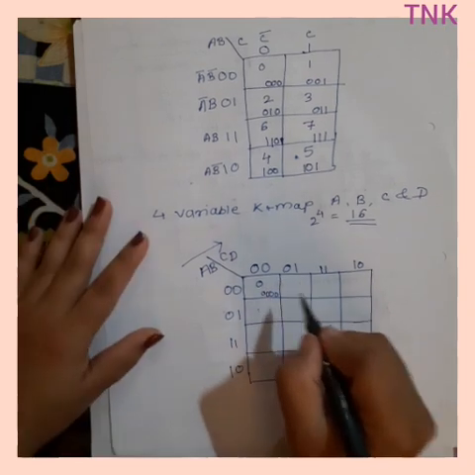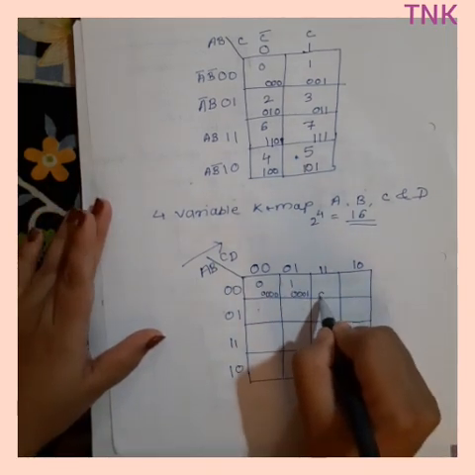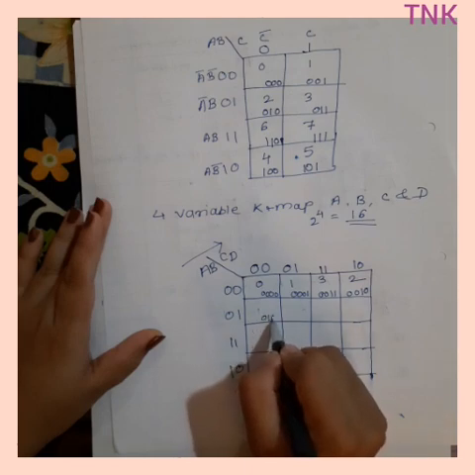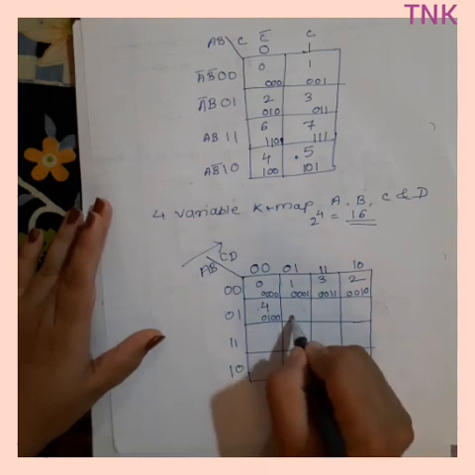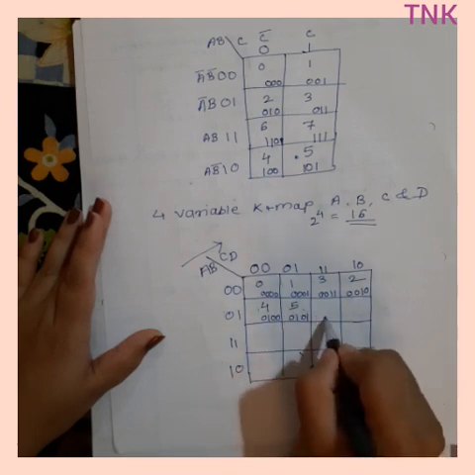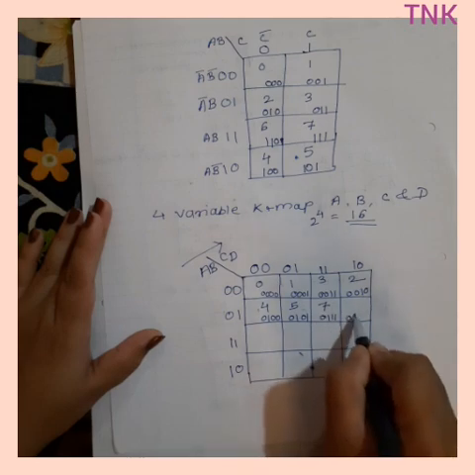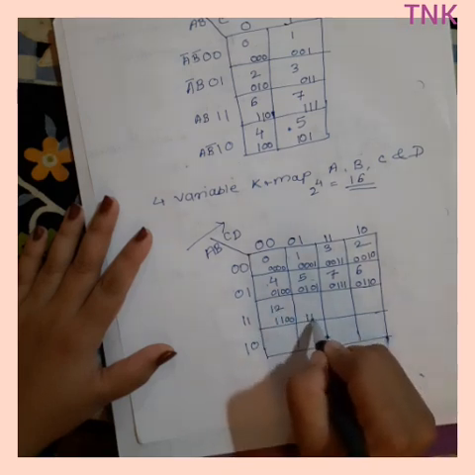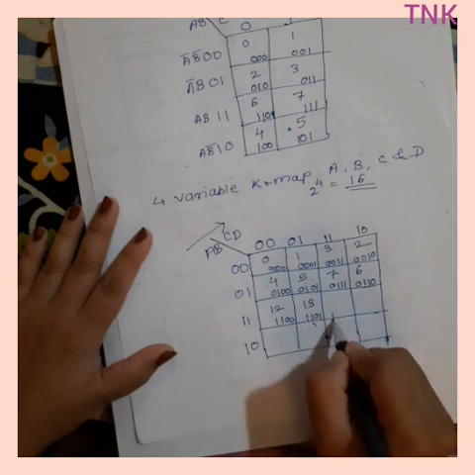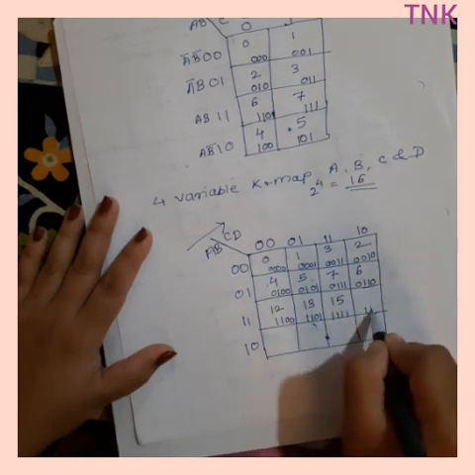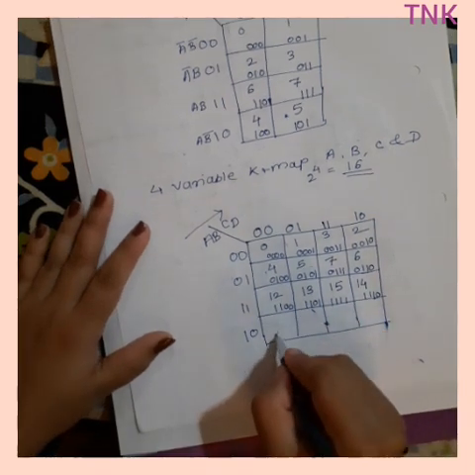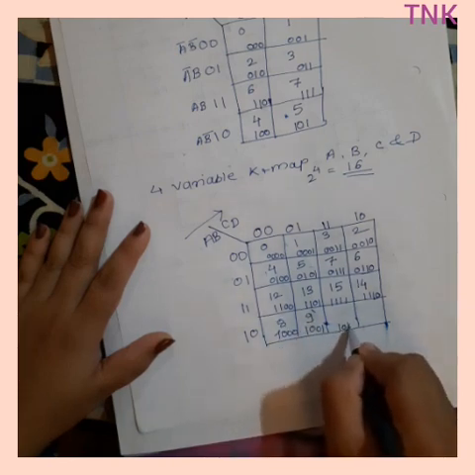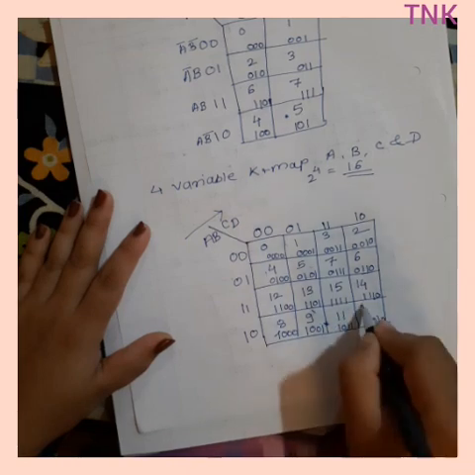I am reading this in this direction, A B C D, and writing the values. So this is 0, this is 0 0 0 1, so 1, 0 0 1 1 is 3, 0 0 1 0 is 2, 0 1 0 0 it's 4, 0 1 0 1 it's 5, 0 1 1 1 it's 7, 0 1 1 0 it's 6, 1 1 0 0 it's 12, 1 1 0 1 it's 13, 4 times 1 it's 15, 1 1 1 0 it's 14, 1 0 0 0 it's 8, 1 0 0 1 it's 9, 1 0 1 1 it's 11 and 1 0 1 0 it's 10.